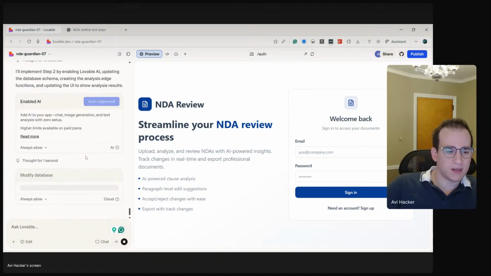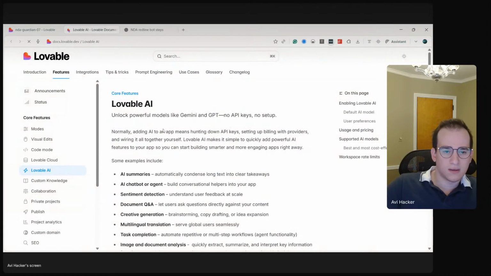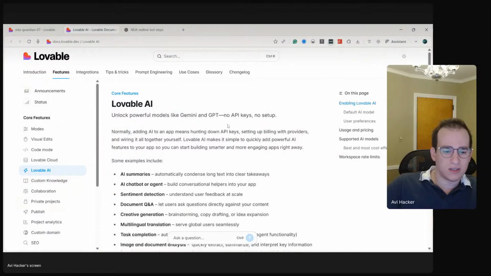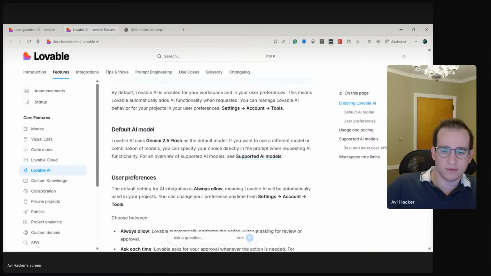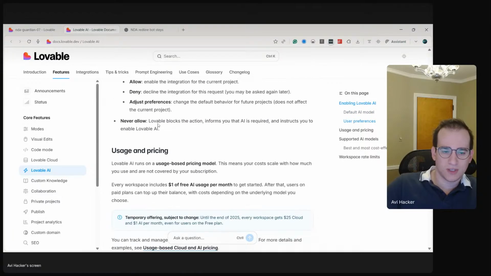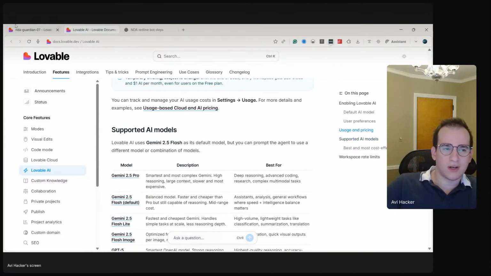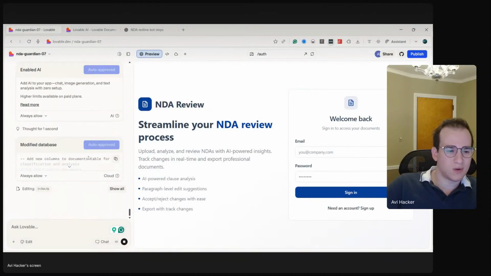See, it automatically enables the AI. See, Lovable, no API keys, you don't need to drag anything over. It's all set up for you. So there's no excuses whatsoever on not knowing what an API key is, not knowing how to configure a backend database. Everything is set up for you that you can literally just interact with Lovable and build an application that